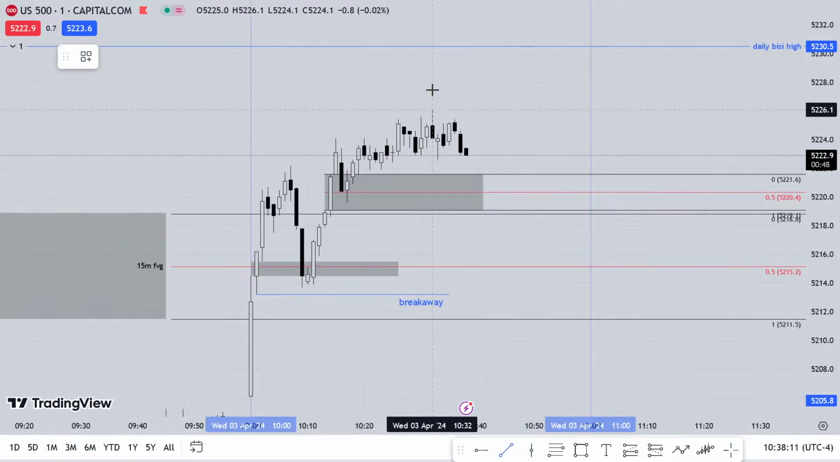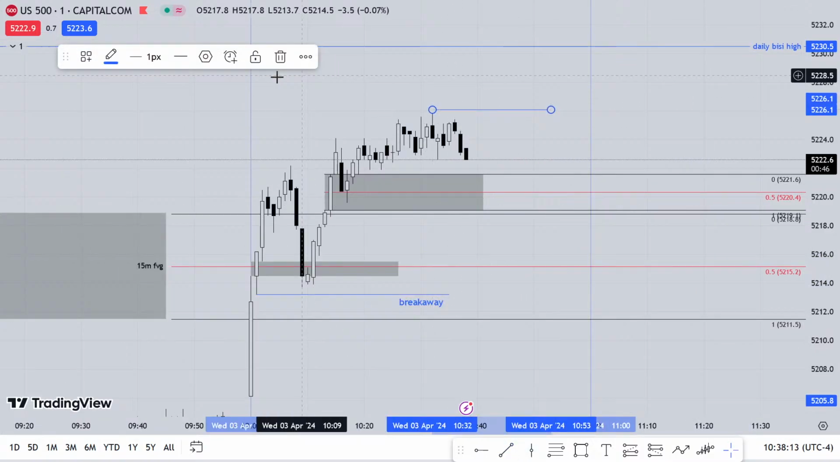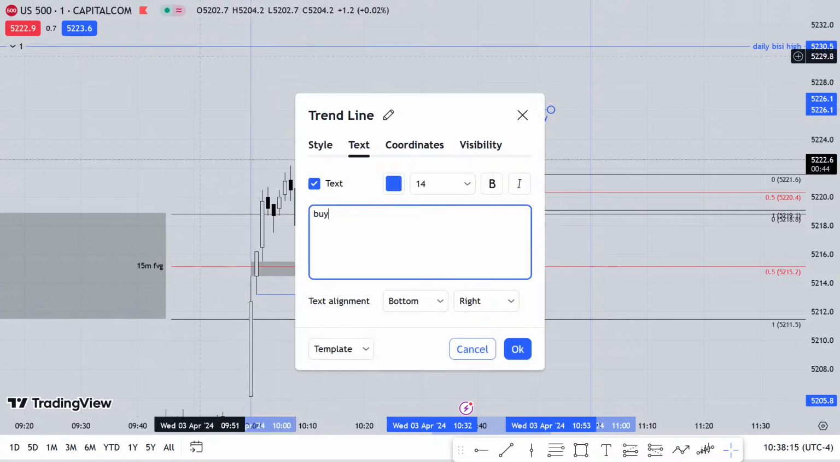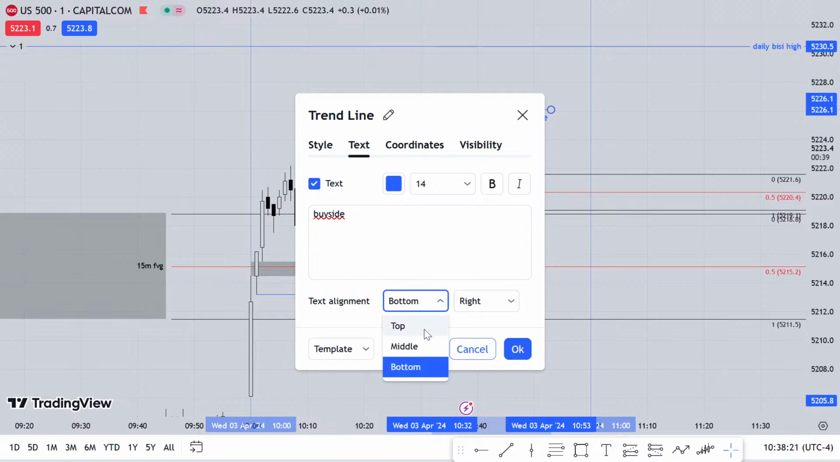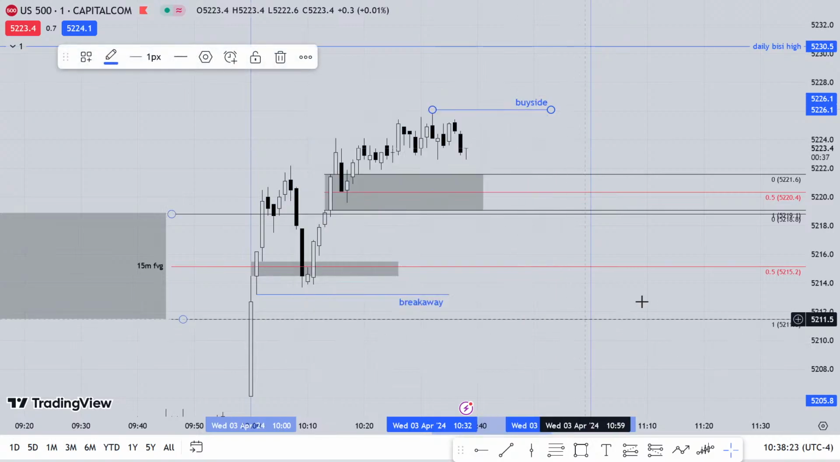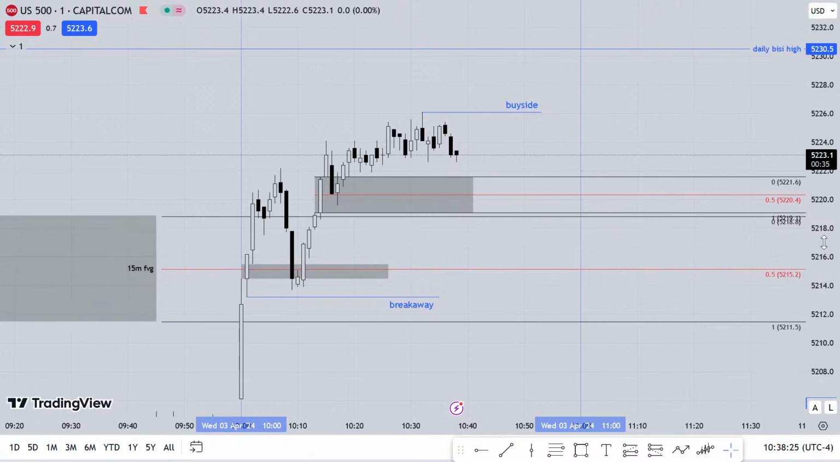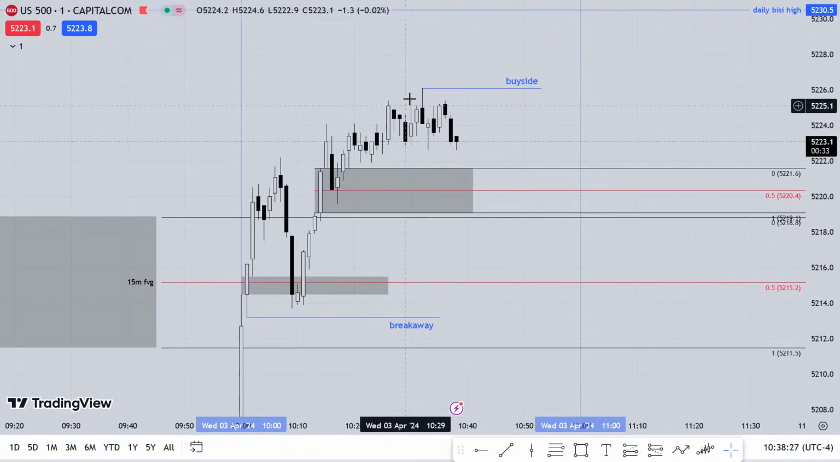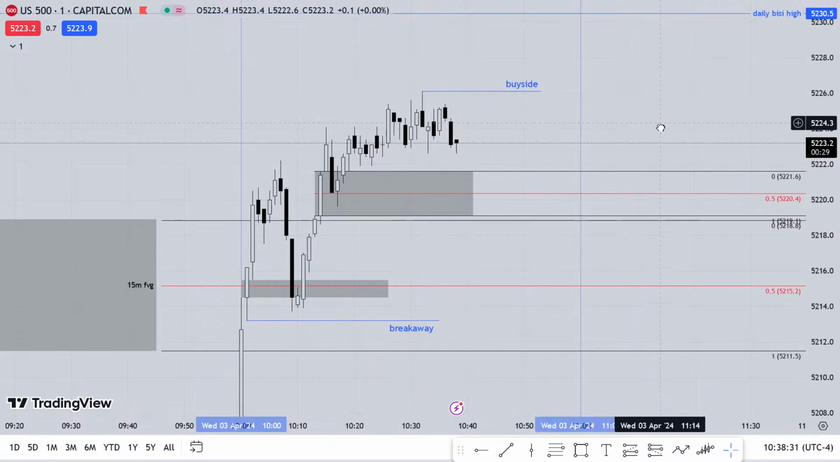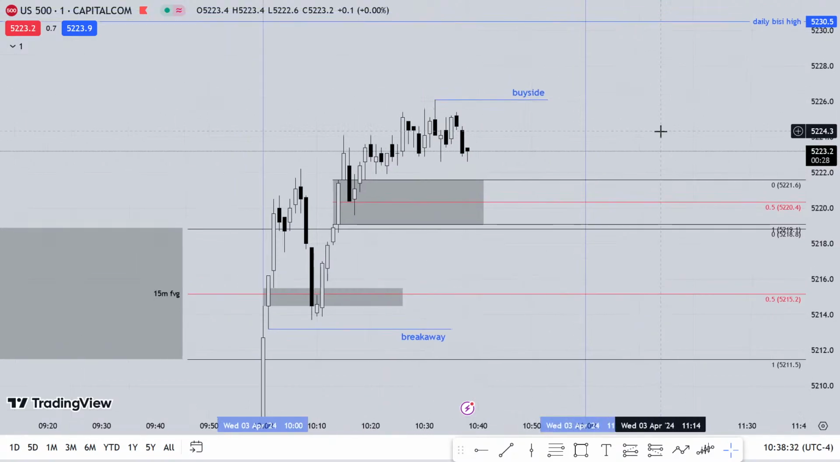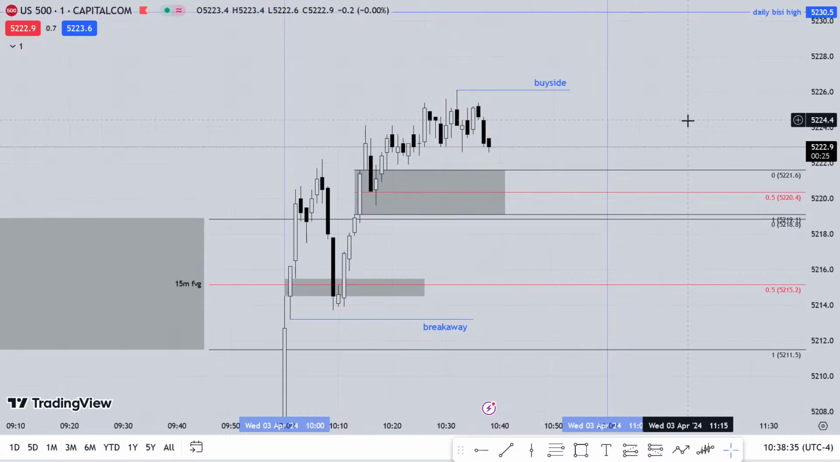So let's keep taping this. So this is near term buy side. This is not the top. This is not a top. This is just price doing what it does to trick you into